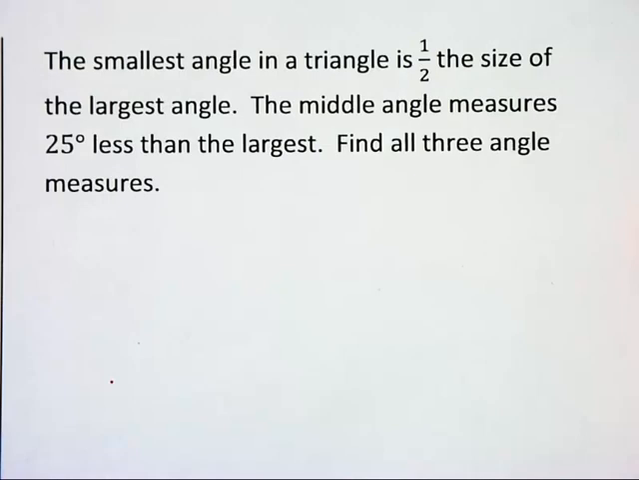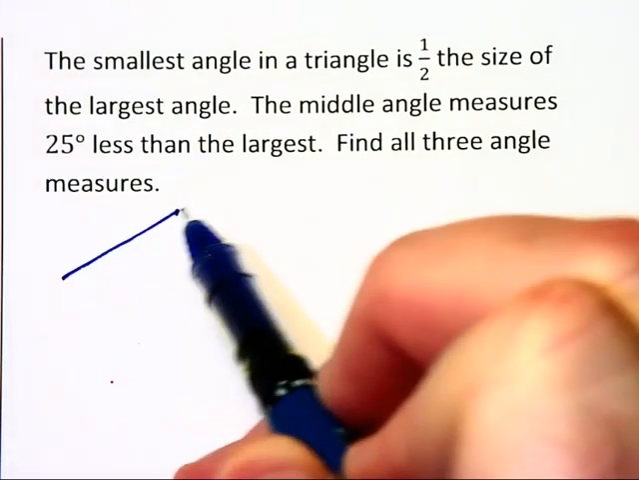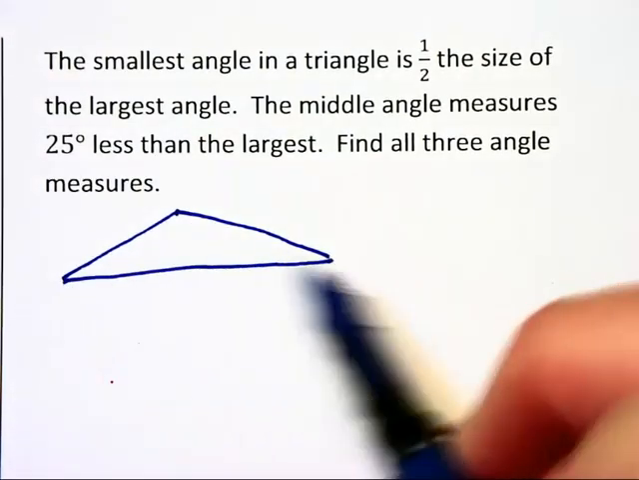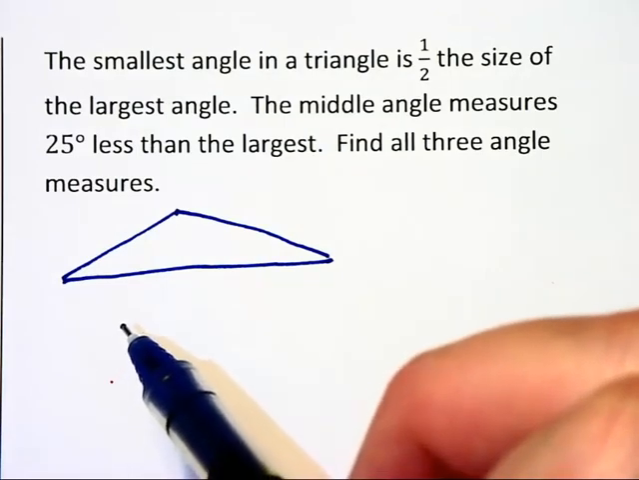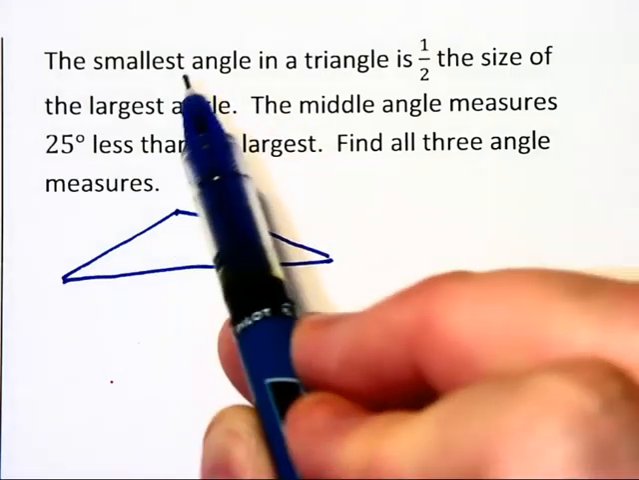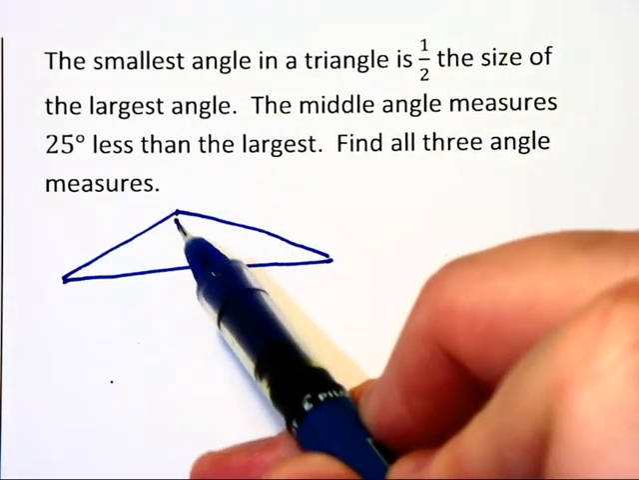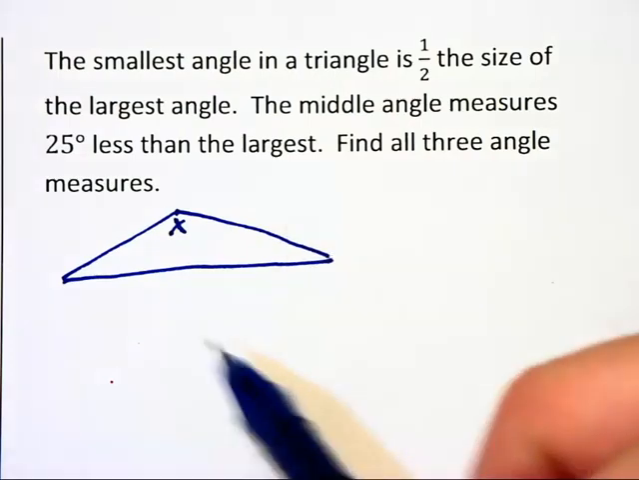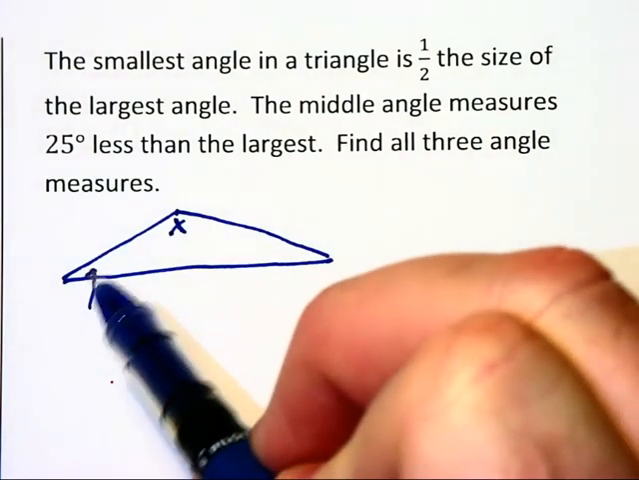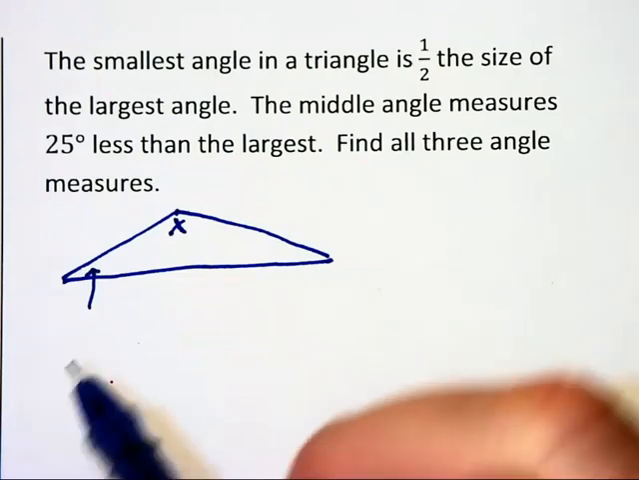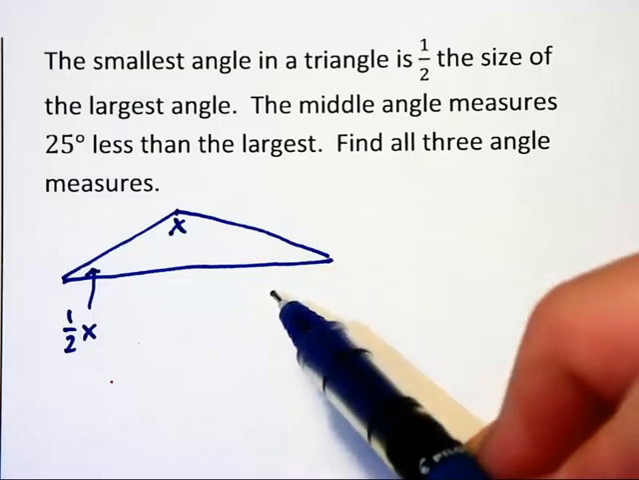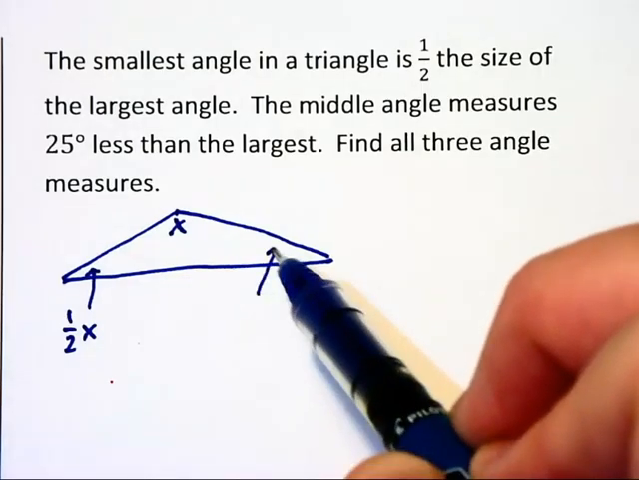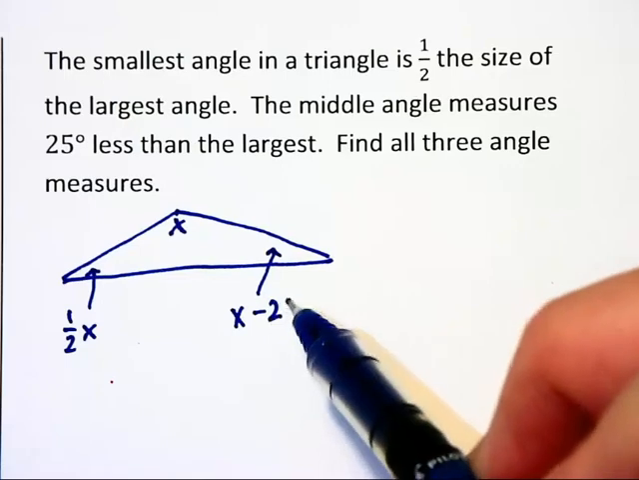The smallest angle of a triangle is 1/2 the size of the largest angle. Okay, I think I need to draw myself a triangle. The smallest angle is 1/2 the size of the largest angle, so the smallest one is in terms of the largest. If I let the largest one be x, then the smallest angle, that'll be this one on the left here maybe, is 1/2 that size. That'll be 1/2 x, and the middle angle is 25 less than the largest, so that'll be x minus 25